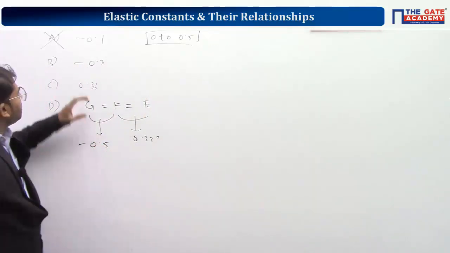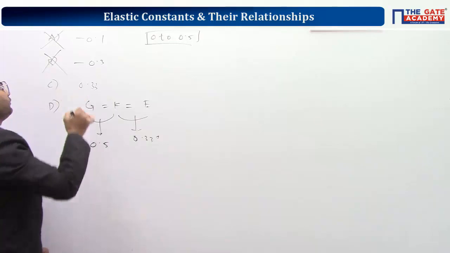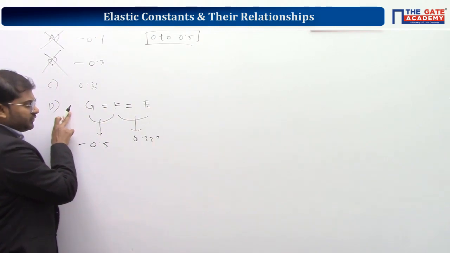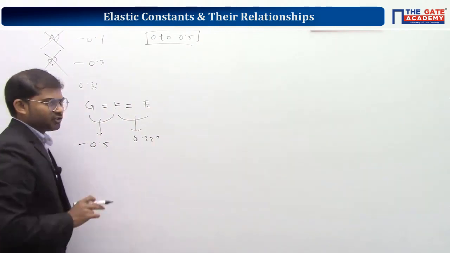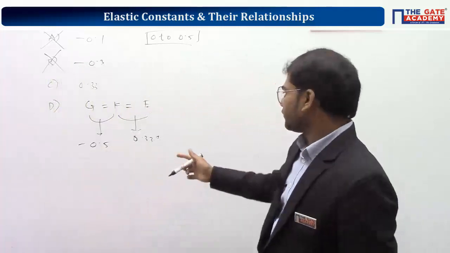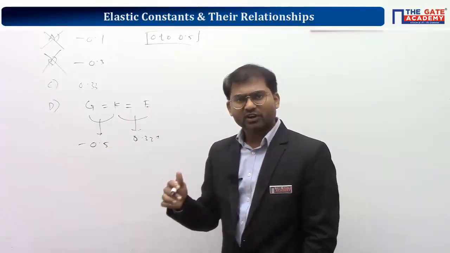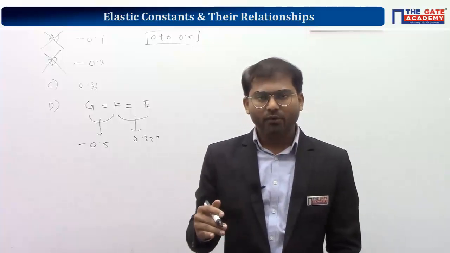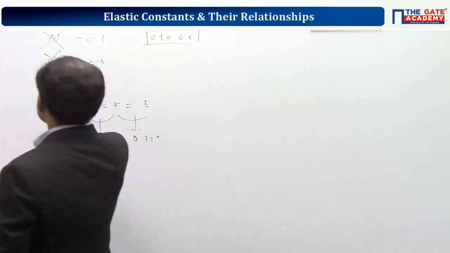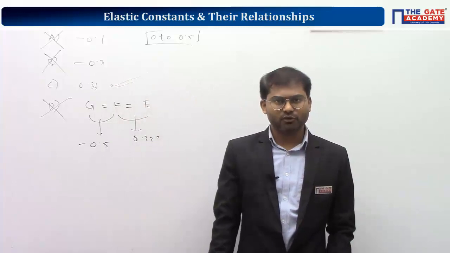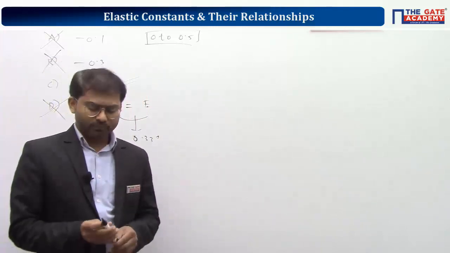So these two are not inside this range, so we'll be striking off both of them. In option D, we observe that it is showing different values of Poisson ratio. The first condition is giving one value, the other condition is giving another value. Though this value is inside the range, as we are getting multiple values, we should discard this option, because for an isotropic material, we cannot expect multiple values of Poisson ratio. So this is also a wrong option. The only leftover option is C, so this is the most appropriate answer. The answer for this question is C. Let's go with the next question.